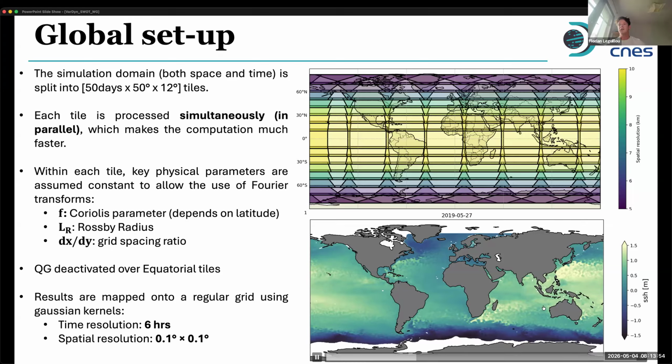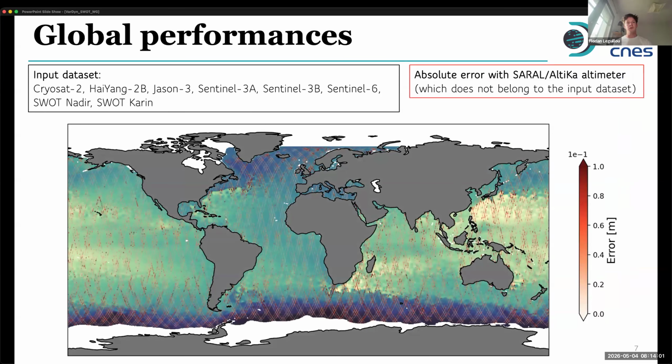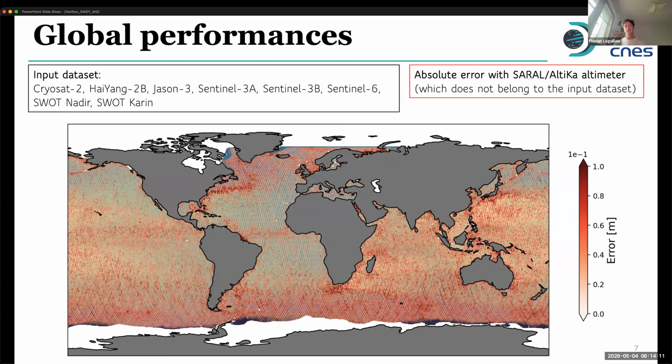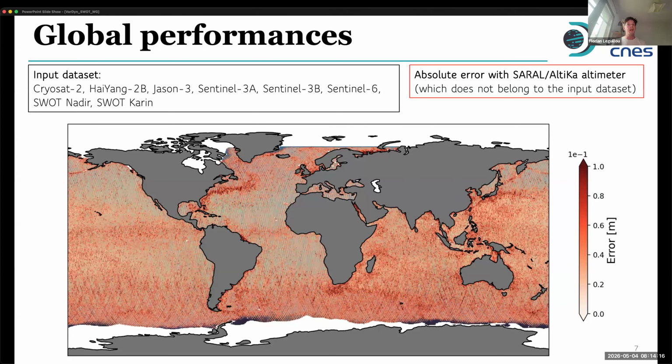So you have here an example in the year 2019 of the VarDyn product. Then for the performances, it's similar to what Maxime showed last month. We use an independent altimeter to compute the errors between the maps and this independent altimeter. In our case, we use the SARAL/AltiKa altimeter. The input dataset are all the other altimeters, including SWOT, and we have tested it during the year